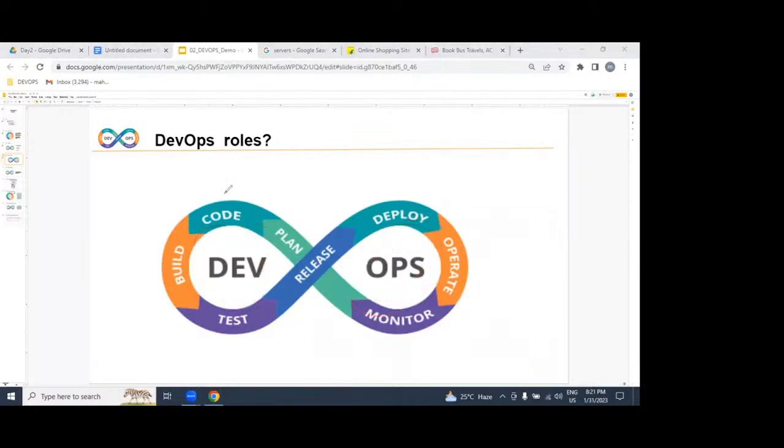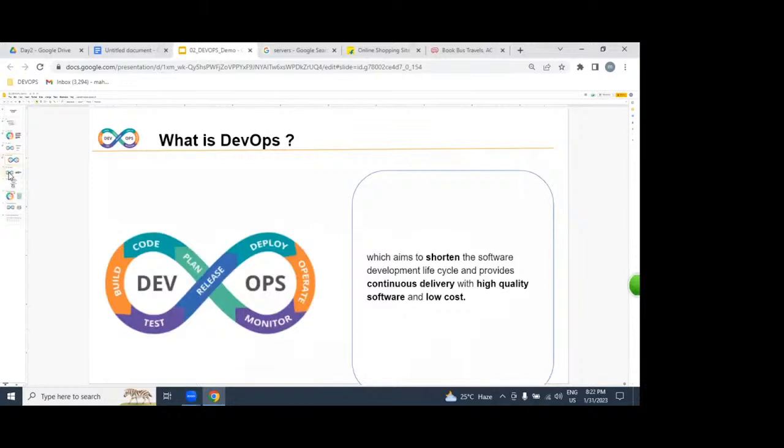But to be frank, we are not writing any code. We are not writing any test cases. We are just implementing an automated process, which you are calling the DevOps process. Tell me, what is DevOps? Please, anybody help me? It's a process methodology. Is it a technology like Java, .NET, Python? No. It is not a technology. It is a process.